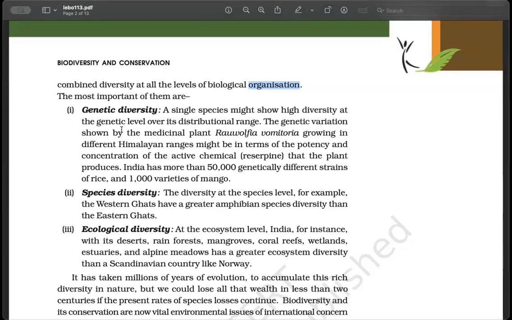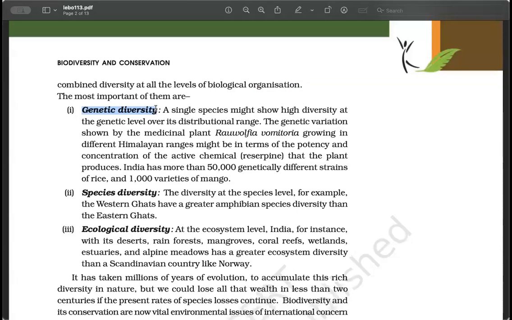So when we talk about diversity, it could be at multiple levels in a living system. It's not just that different species are diverse from each other. Even within a species, organisms are very diverse from each other because of their inherent genetic variation. So in this first level, the genetic diversity, it's about organisms or individuals within a single species. They are also diverse at their genetic level, and that genetic diversity leads to morphological